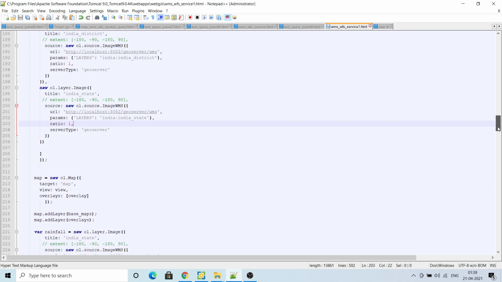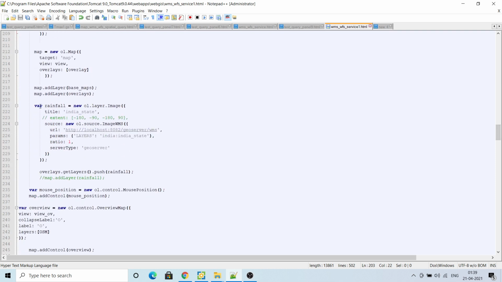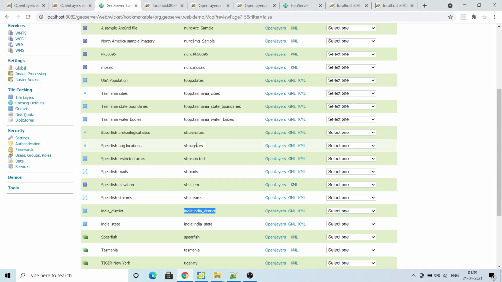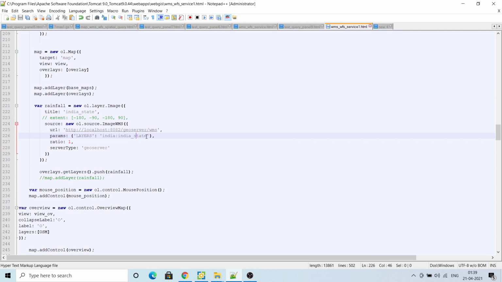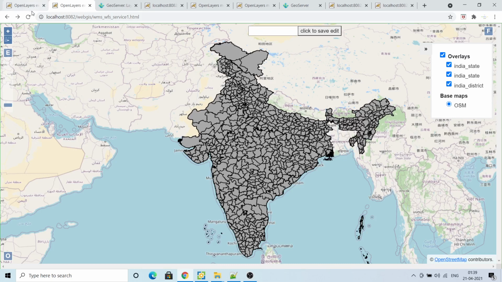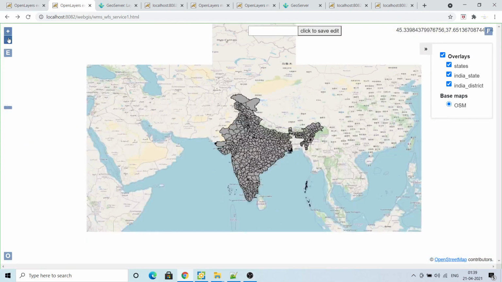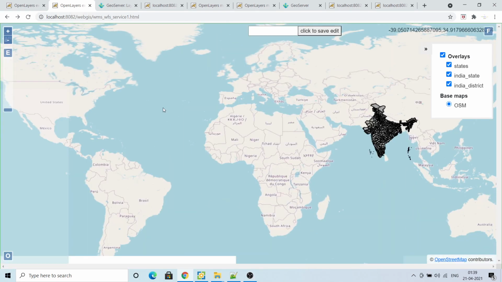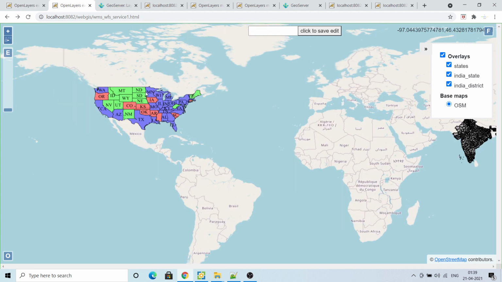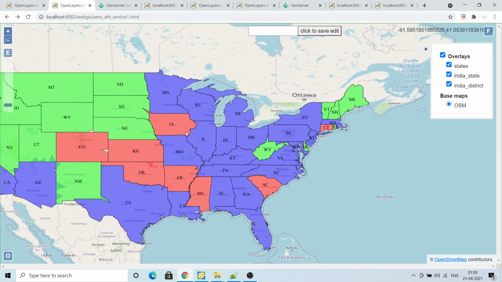If I want to change this layer, I'll show you. The third layer I have also added here. So let me change this. Suppose I want to add this United States layer. I'll just make it states, and now if I zoom to the United States, you can see here I got this layer, United States.